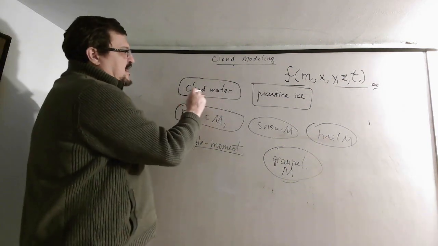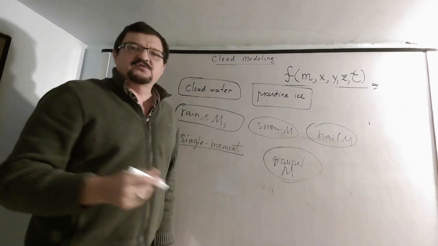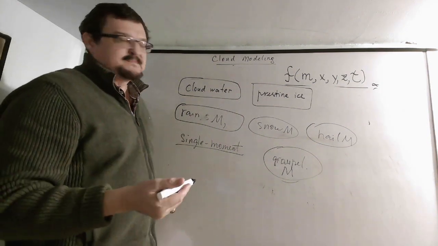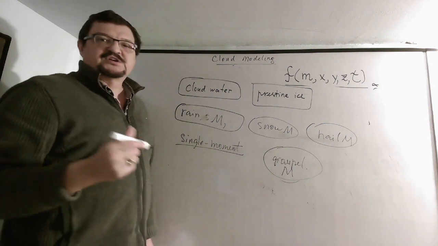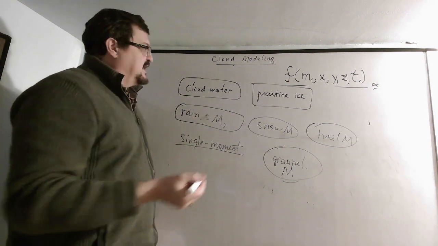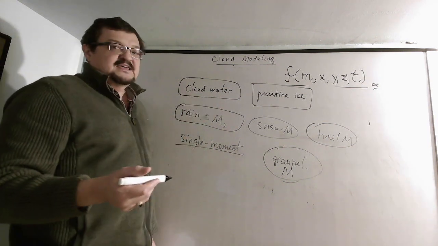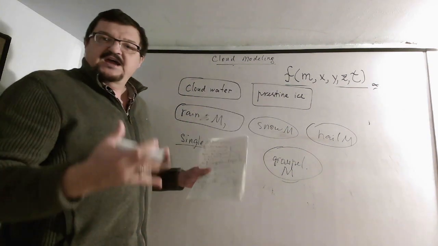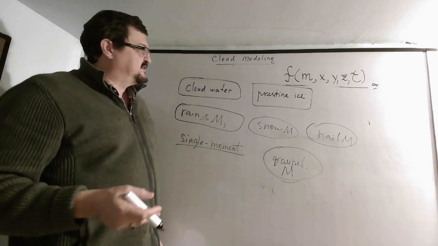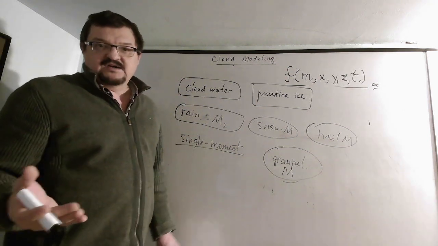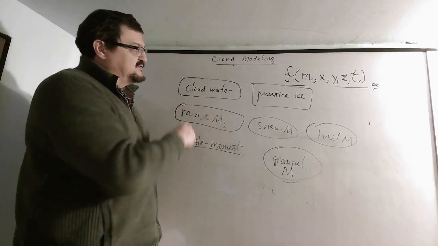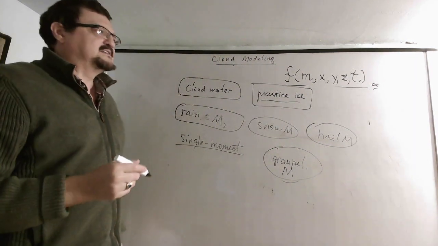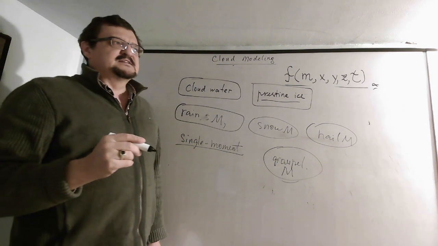In the case of cloud water and pristine ice, it's not that crucial because those particles inherently fall very slowly. Again, I mentioned that cloud water falls probably millimeters per second. And in that case, compared to all the strong updrafts, downdrafts of air motion and turbulence, maybe you can actually ignore the terminal velocity of cloud water. And a similar thing goes for pristine ice, although for pristine ice it is a little bit less